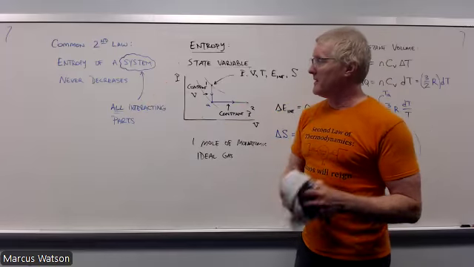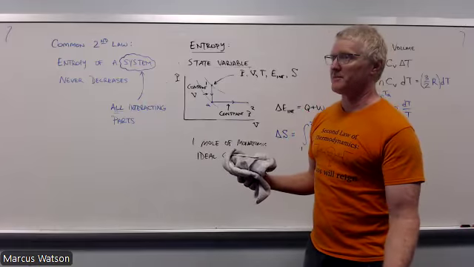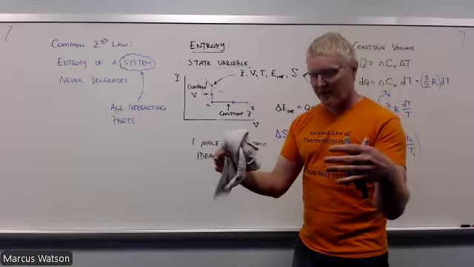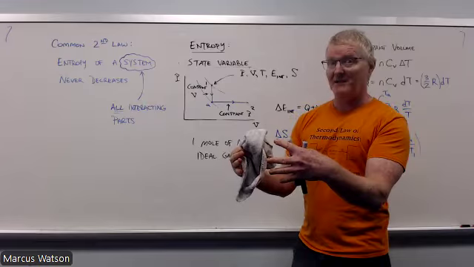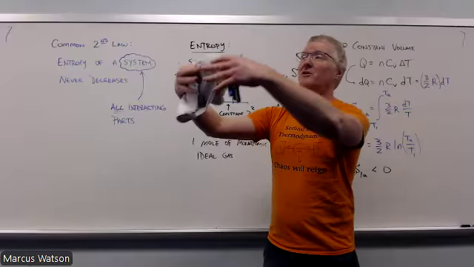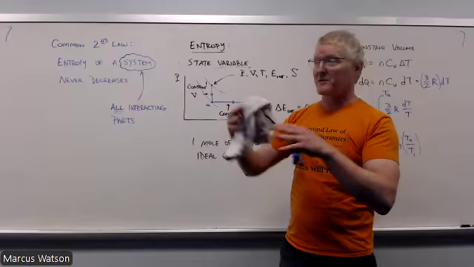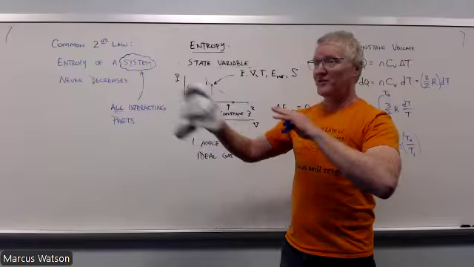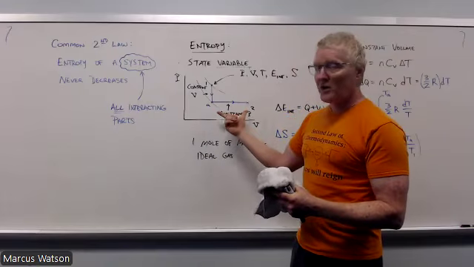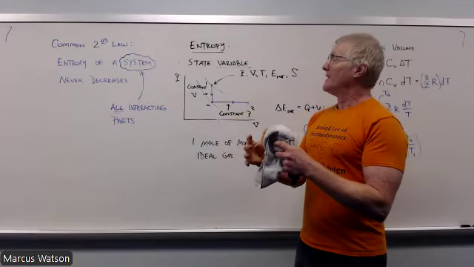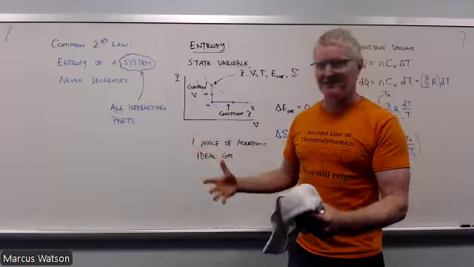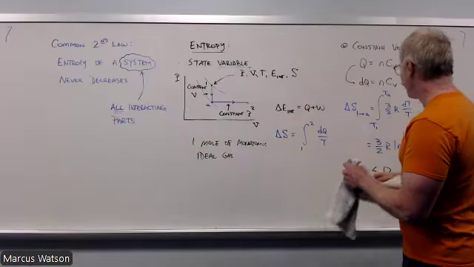If you think of the gas molecules as basically being like a pack of birds or wild dogs or something like that, well, if you have them in a small space, you have them fairly well confined, and there's not a lot of disorder in that. But if you let them range over a larger area, there's going to be a lot more disorder. They're going to be making all sorts of chaos all over this bigger area rather than just having it in a small confined area. So a larger volume of a gas, for example, will lead to larger entropy because there's more room to be disordered in. This is kind of the way of thinking about that.